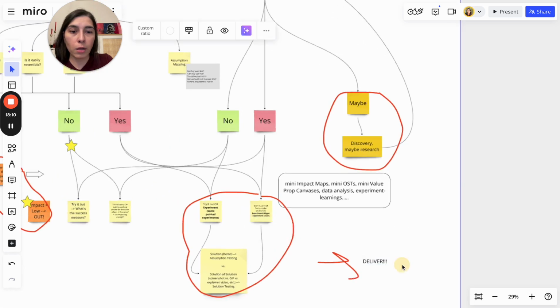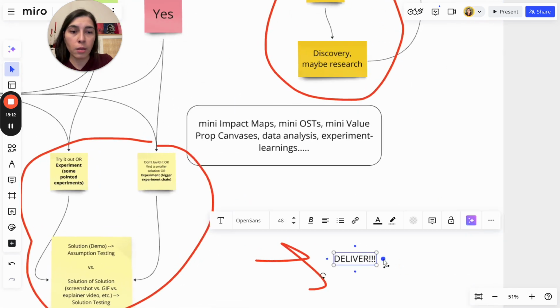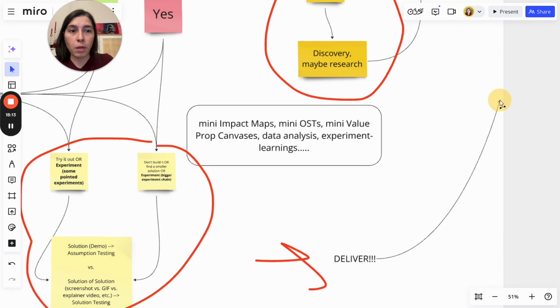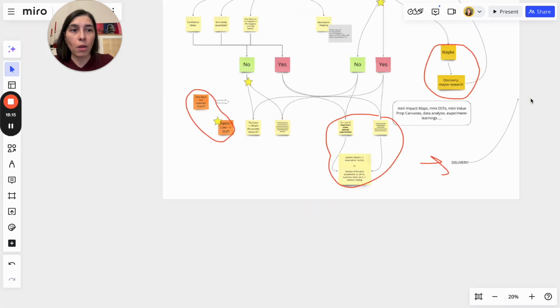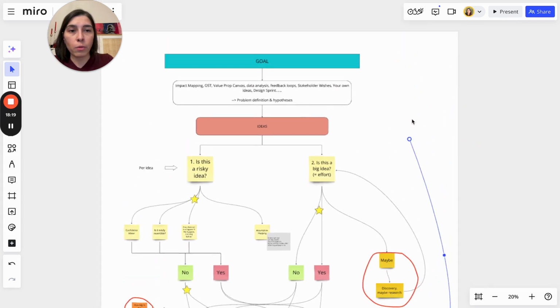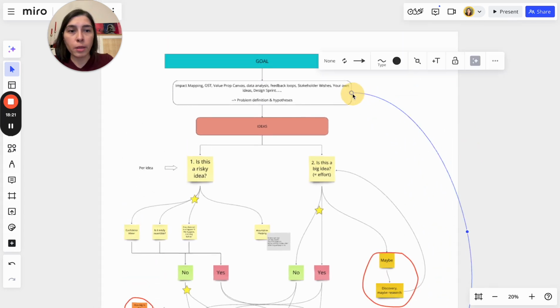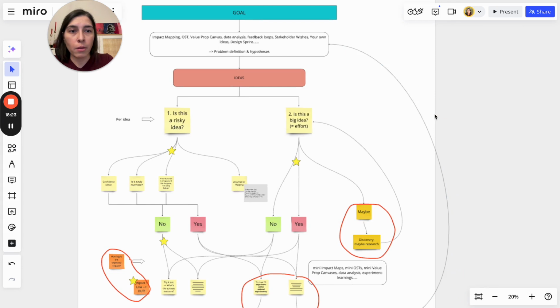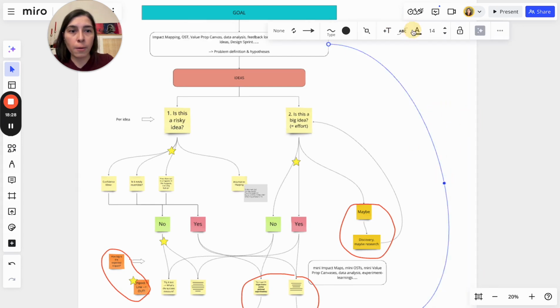So here now we can connect what we learn from here and say from the feedback loop, we get more ideas, right? And here we close the loop, and here we have the feedback loop,